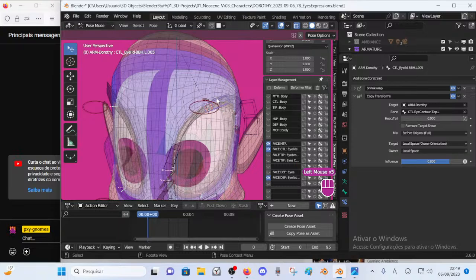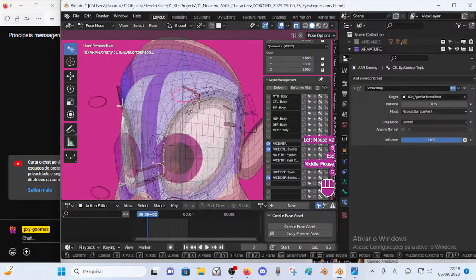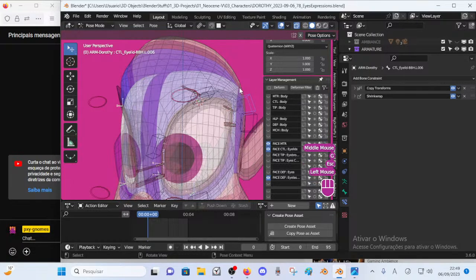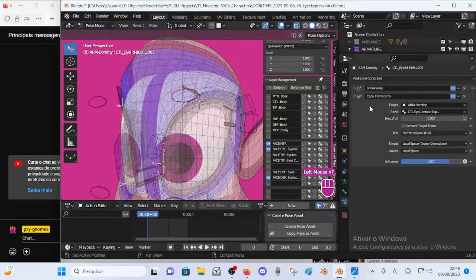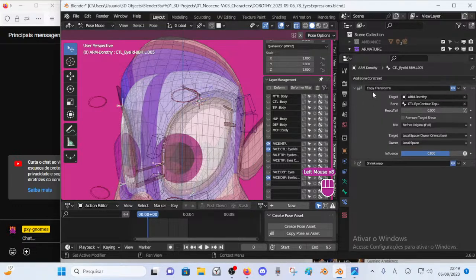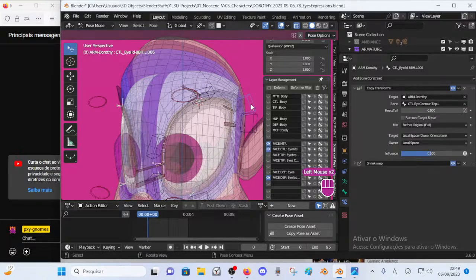So it gets confusing even to the rigger himself. What's the order here? First copy, then shrink wrap. First copy, then shrink wrap. All right. Owner orientation.